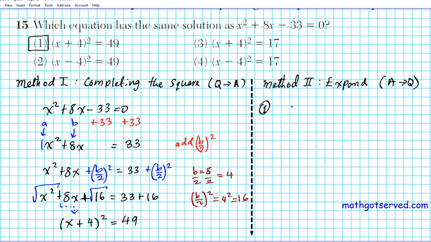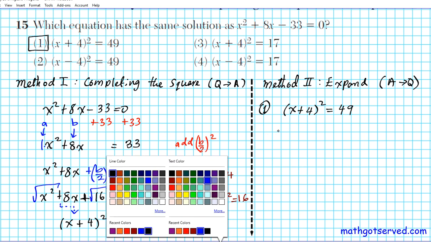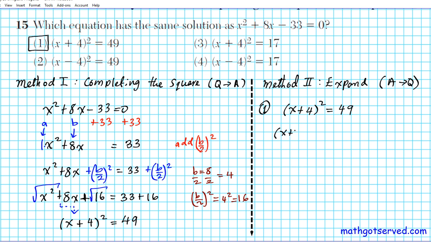What do you think will happen with this one right here? x plus 4 squared. Do you think if we expand it completely and put it in the standard form that it will be the same as this? Well, it should be, because that's what we got using method 1, right? If not, there is going to be a problem. Alright, so we'll start by getting rid of this parenthesis. Notice the standard form has no parenthesis in it, so we will multiply x plus 4 by itself,